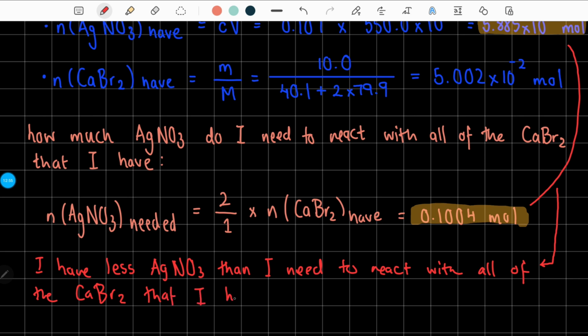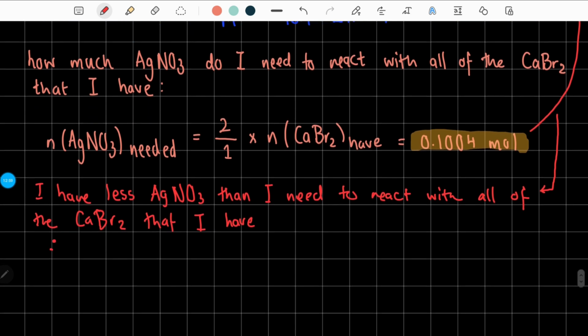Okay, now logically this means that AgNO3 is my limiting reactant,